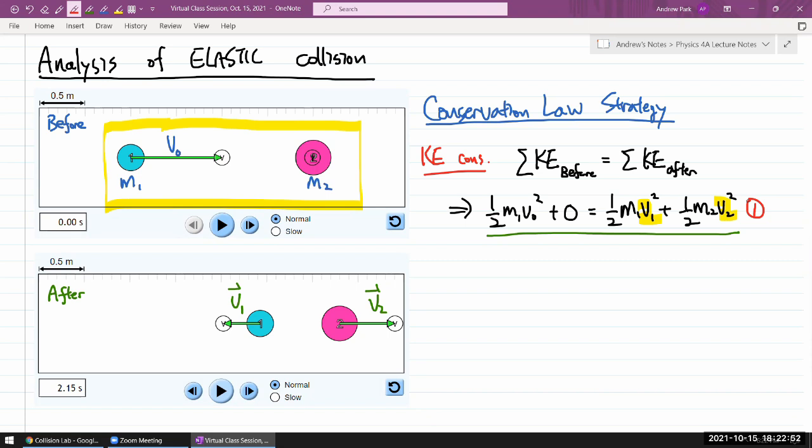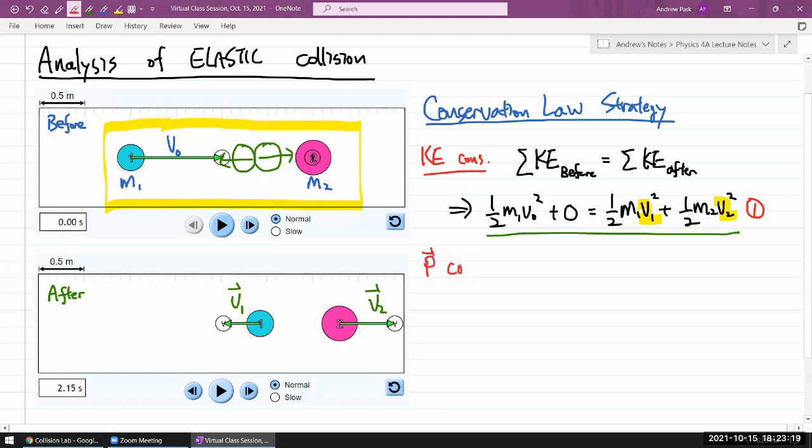The important thing about what we describe as collisions is that as this interaction happens, there's a lot of internal force between these objects, and external forces are either 0 or negligible. So this is the classic setup that leads to your saying that